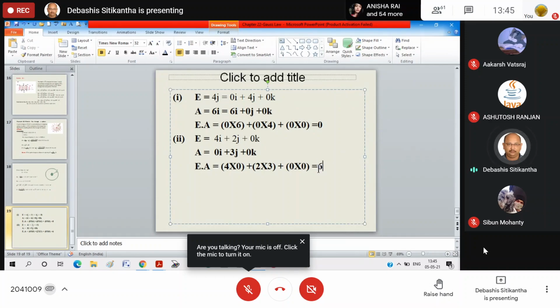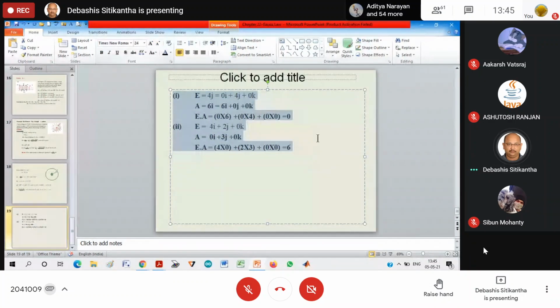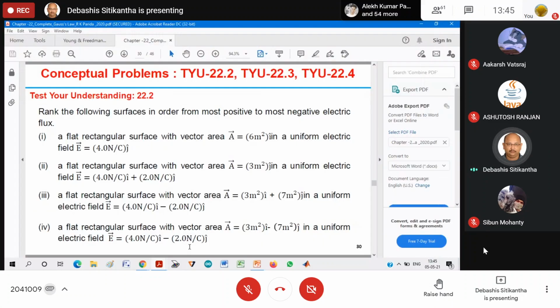Okay. So in this way, you people need to solve this problem. Is there anyone who has not understood even this problem? You can please note all this for yourself and solve it or try to understand it at home. Is there anyone who has not understood? I think everybody should have understood these steps. Now let us go for the next problem.